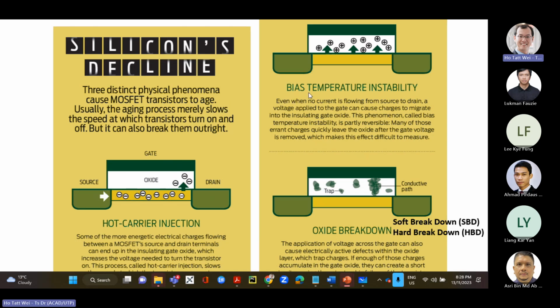The second effect is bias temperature instability. And here, this happens even when there's no drain to source voltage. So if there's no drain to source voltage, there's no current flowing here. But let's say you turn on the gate. This is like a positive voltage. In this case, the positive charges are here. This should be a negative voltage here. So it's the N, P, and N. So the holes can actually get embedded here. This one, the effect is just from holding the gate voltage very long, but there's no current here.